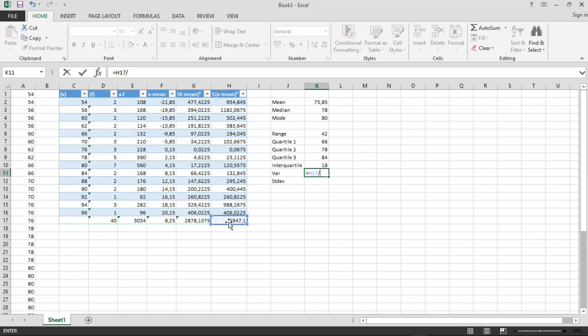Just don't forget to put the opening parenthesis. And then you type this, the total of the frequency, and then you minus 1, and then enter. There is the variance. And now for the standard deviation, it's easy. You just put equals, and then type sqrt, or square root, and then you put this here, and voila, that's it. That's how you find mean, median, mode, range, quartile,